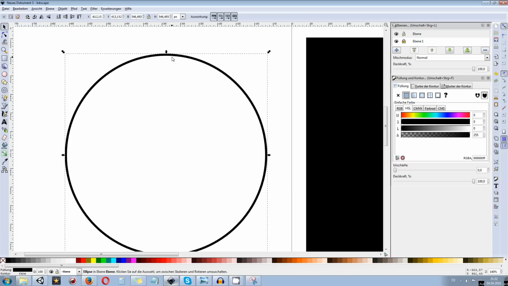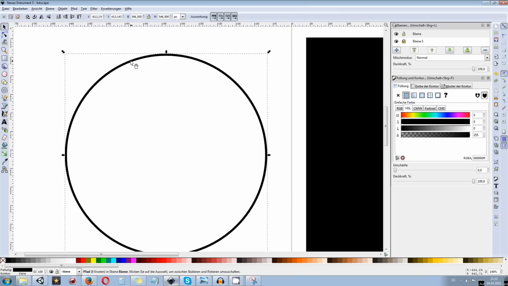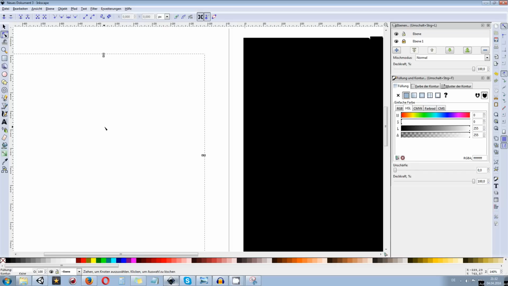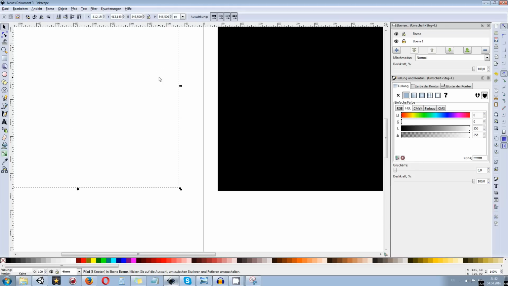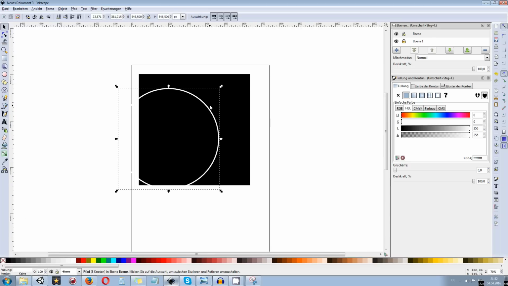So now we have that one selected. Hold down Shift, choose the select tool and select the inner circle, the white one. Now you go to Path, Difference. What we created right now is a circle with a hole in the middle. So we just stamped out the middle circle and made this one just the border of a circle. What we can do right now is change this one to white, take our select tool and drag this circle into our black background in here.